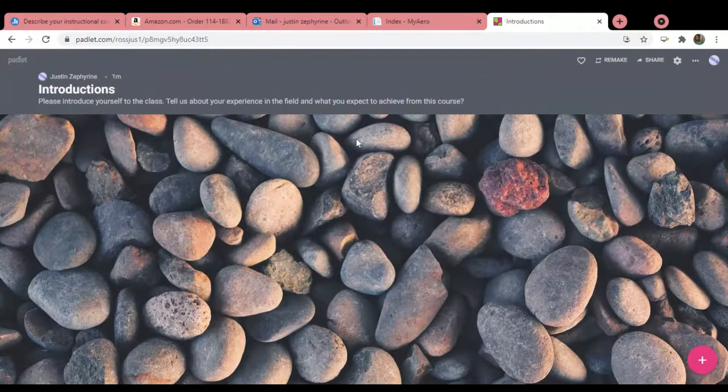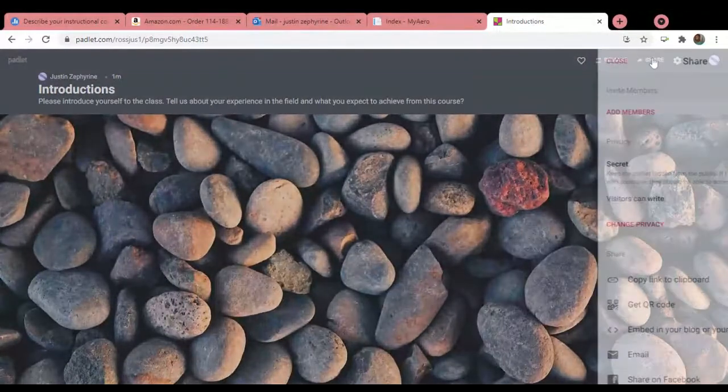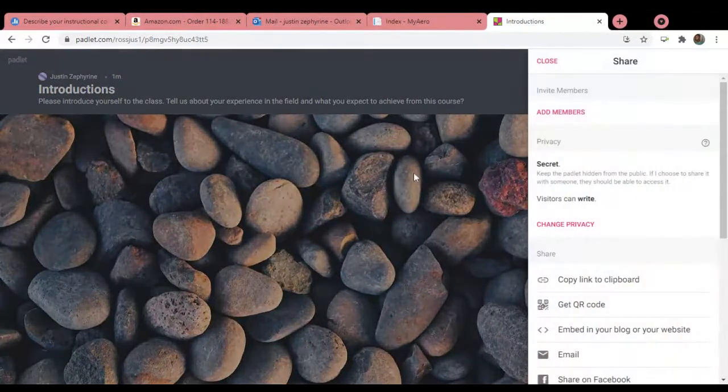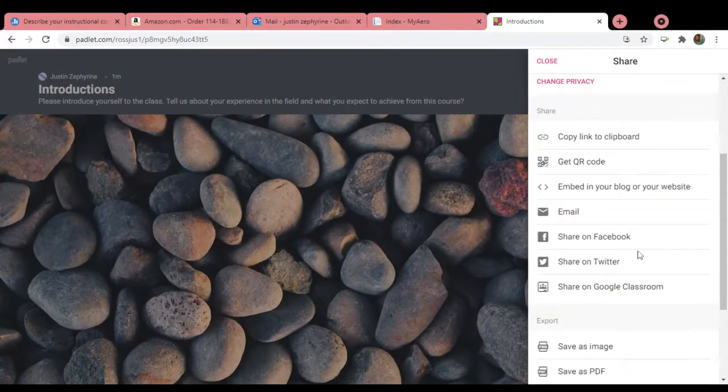What I want you to do now is share your particular Padlet. To share your Padlet, you would see at the top right side, share, and a menu appears right there. Now, there are a couple of things you can do. You scroll along a bit and under the share menu, you could share it on social media or via email.